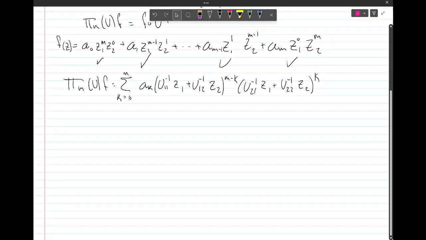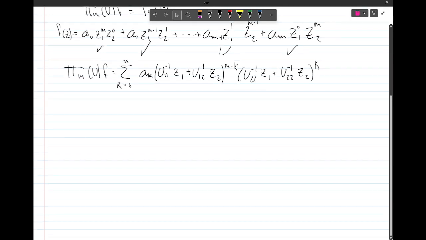So it is in fact acting on Vm. And now to show that it respects the group action,